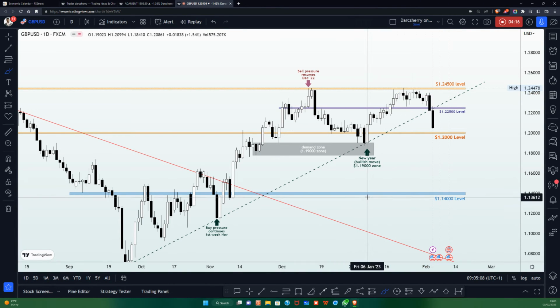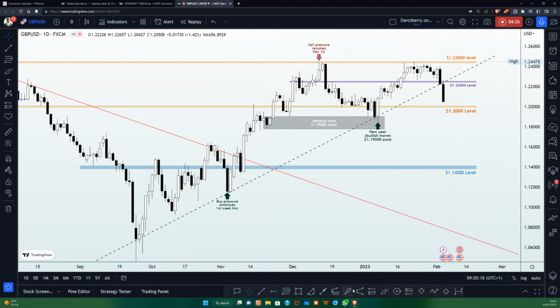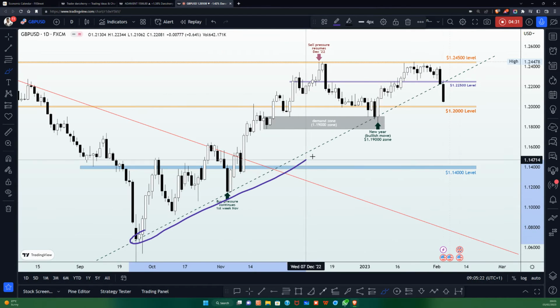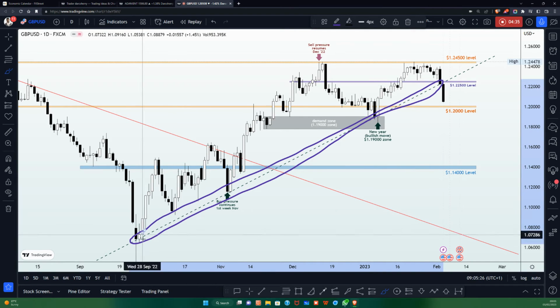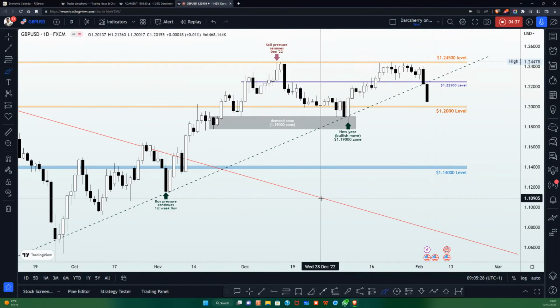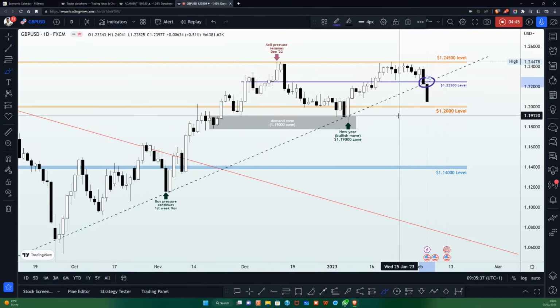And when we saw this selling pressure around the structure here, which lasted about 2 weeks, we anticipated that there was a likelihood that price action might break down this bullish trend line, which has been holding bullish momentum for the last 3 to 4 months. As you can see, we had a bullish trend line to emphasize the strength of the buyers in the last 3 to 4 months. So, with the breakdown of this bullish trend line last week, and it shares a beautiful confluence with that 1.22500